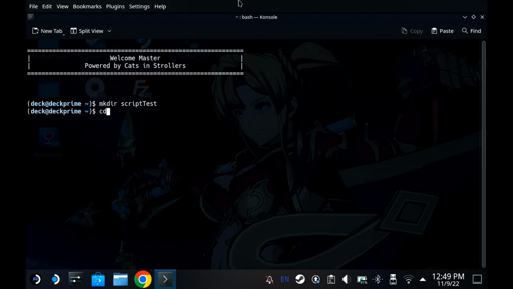And I will now change directory to that script test directory. I mean, you could have downloaded it directly at the home directory, but I prefer to use different directories. So now in the script test directory, I'm going to use the git command to go git clone